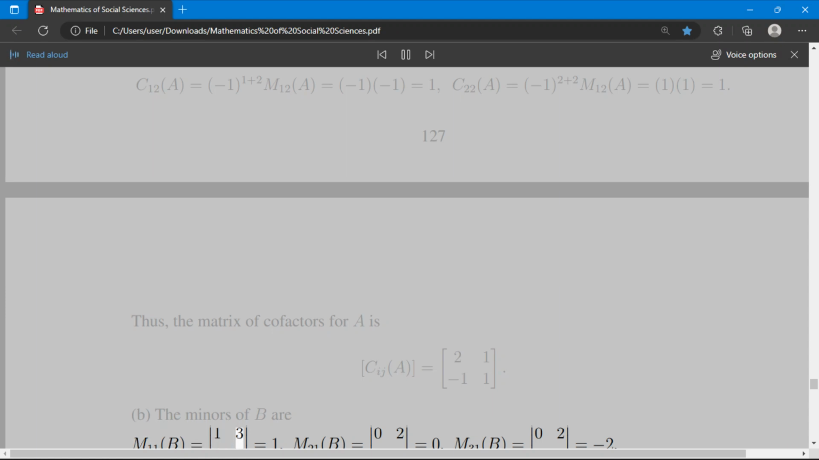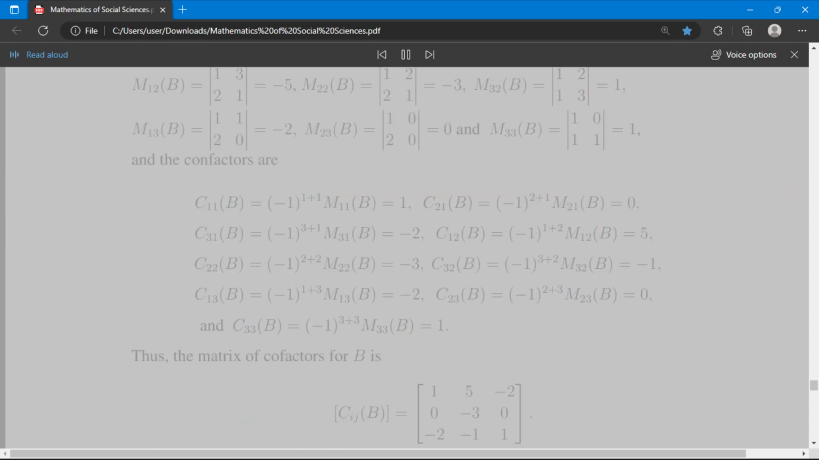M11(B) = |1 3; 0 1| = 1, M21(B) = |0 2; 0 1| = 0, M31(B) = |0 2; 1 3| = -2, M12(B) = |1 3; 2 1| = -5, M22(B) = |1 2; 2 1| = -3, M32(B) = |1 2; 1 3| = 1,